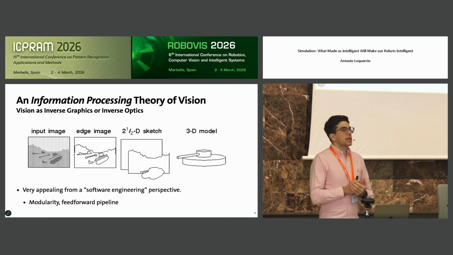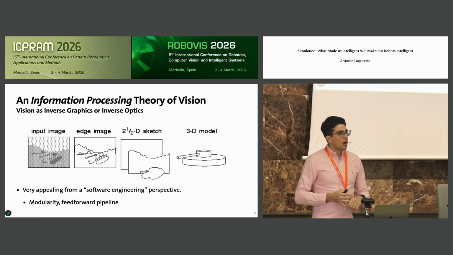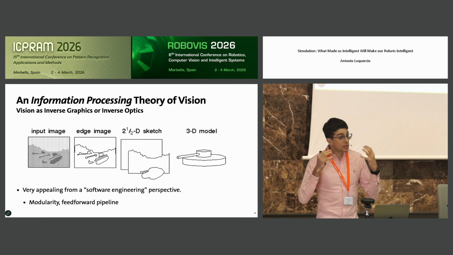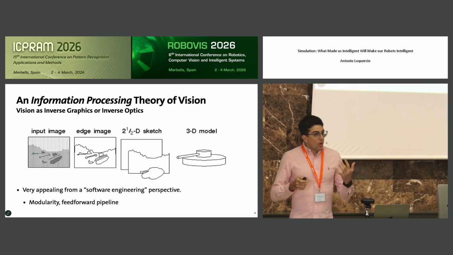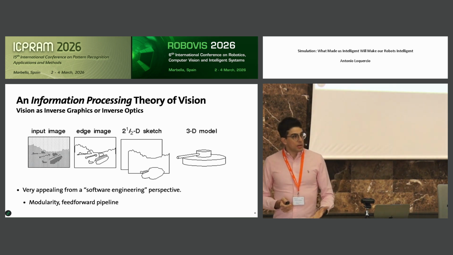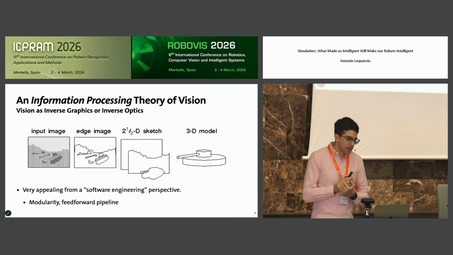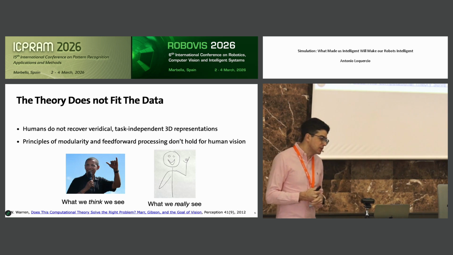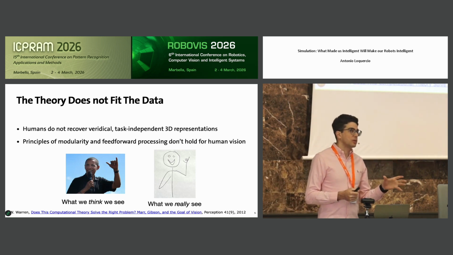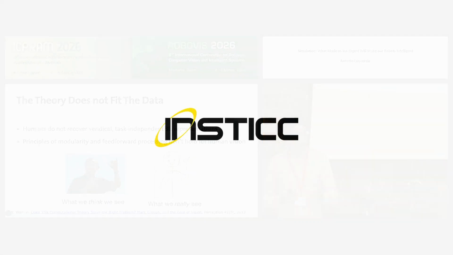Okay, so this was the idea of perception, reconstructing accurate 3D model of the world, reconstructing objects in general without their matter. However, if you go and look at the data we've done by, well, not only recent studies, studies from quite some time already, they show you that this theory of perception does not fit human data. Humans do not recover the radical